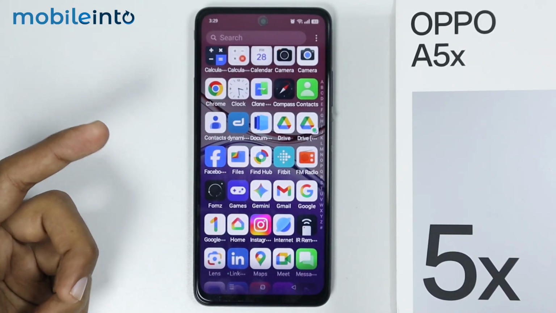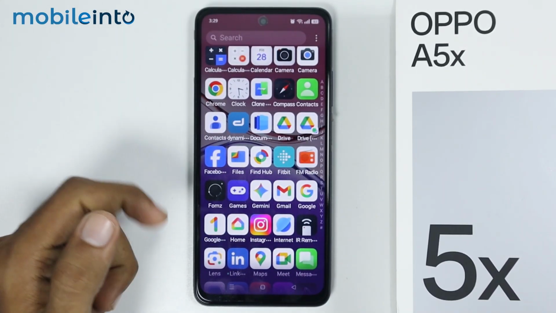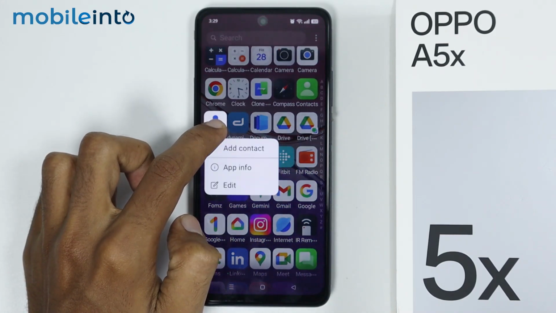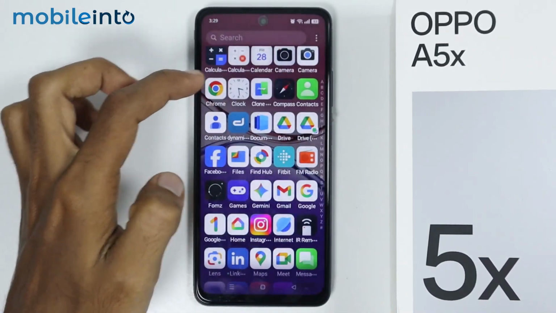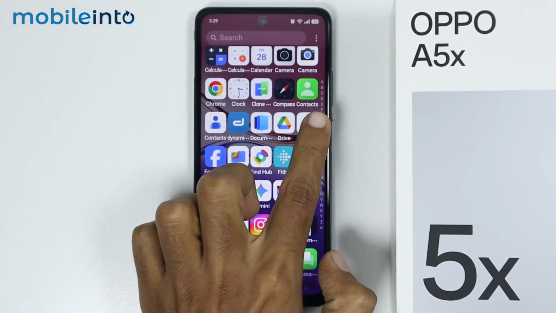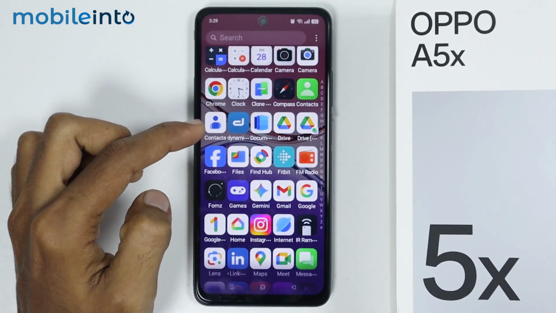Now there are also some bloatware apps which can't be deleted. For example, we have two contacts apps, but if you want to delete one, you will not be able to delete any of them. Now if you want to use only one and if you want to delete the other,